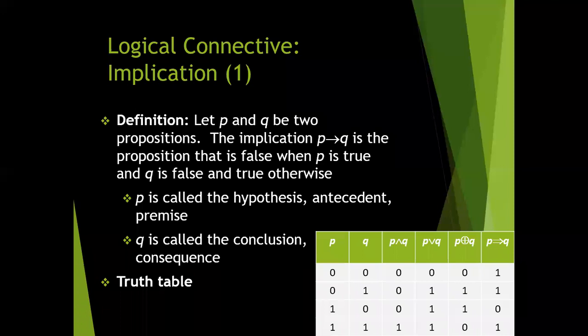Now let's say here P is 1, where 1 stands for true. Here P is true and Q is false. Means the first is true, the second is false. As I told you, the output will become false. Now the next one is P is false and Q is true. It is not fulfilling the condition where the first one is true and the second one is false. That's why it will also be true.